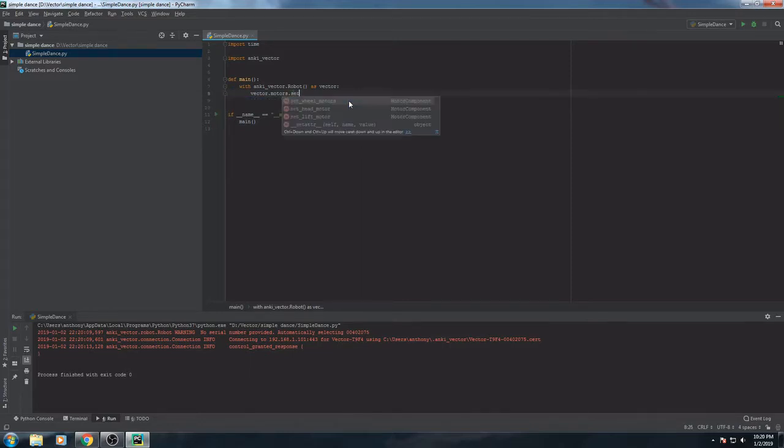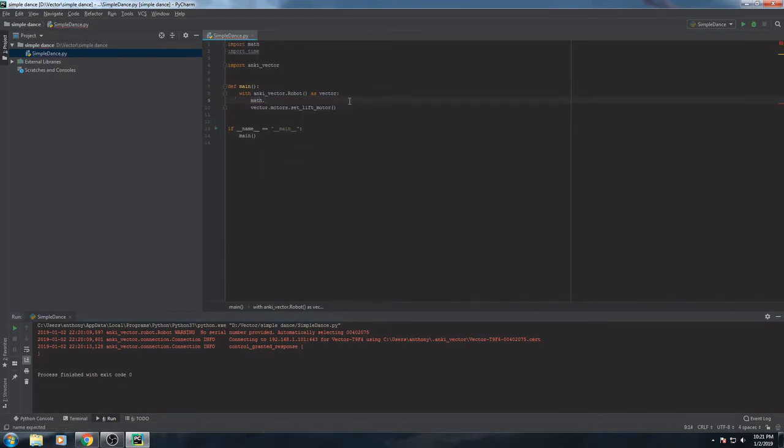For example, let's set the lift motors, my bad. I'm more comfortable with degrees than radians, and if you're like me, then there's a math module in Python. Let's import math. Inside the math module, there's a radians function, which you basically give it the angle in degrees, say 90 degrees,